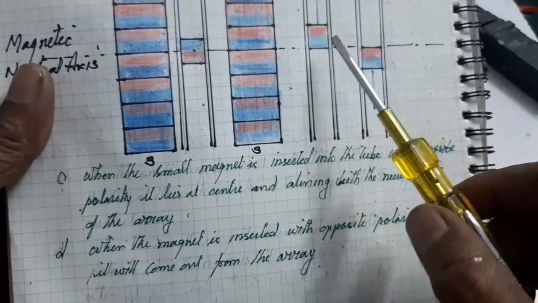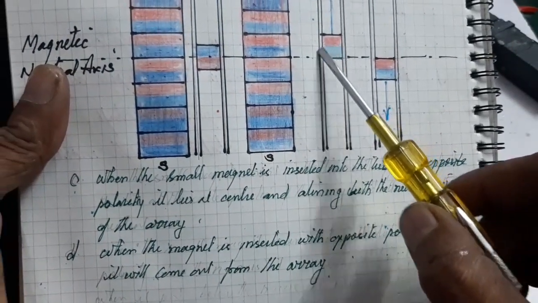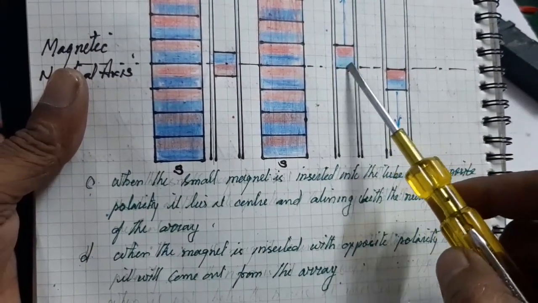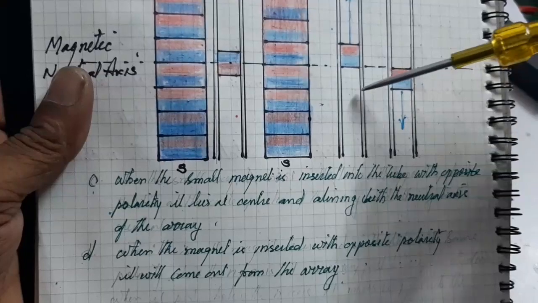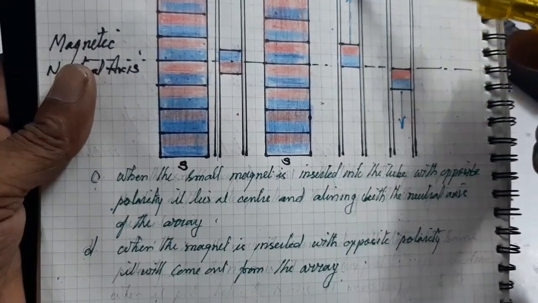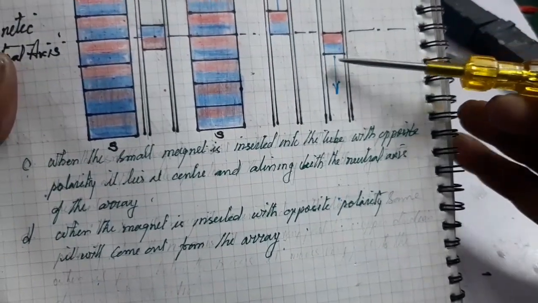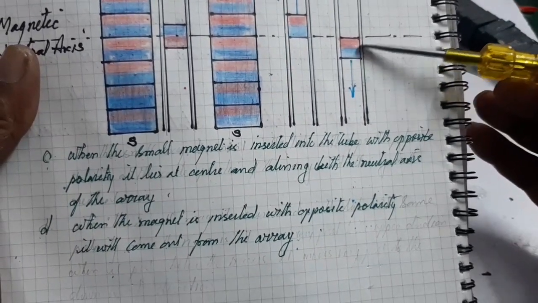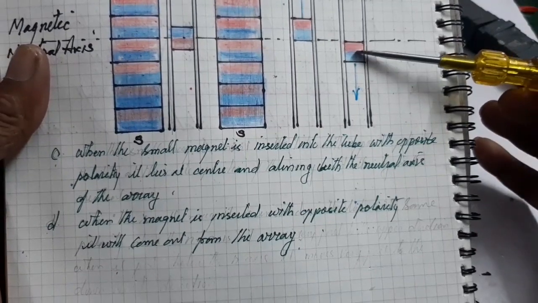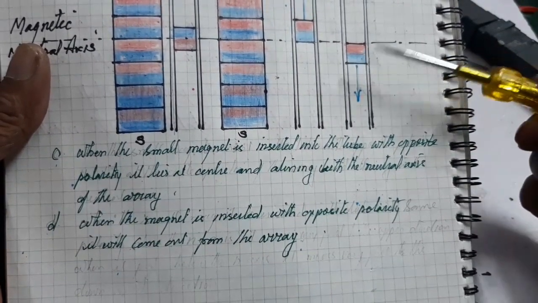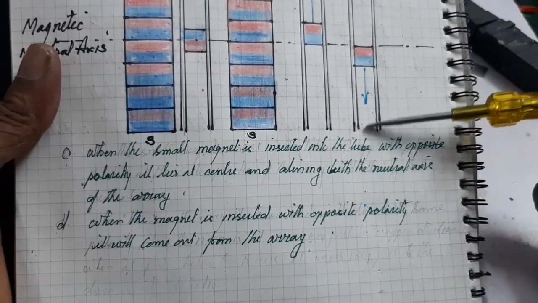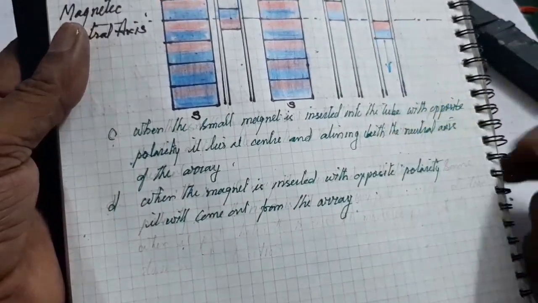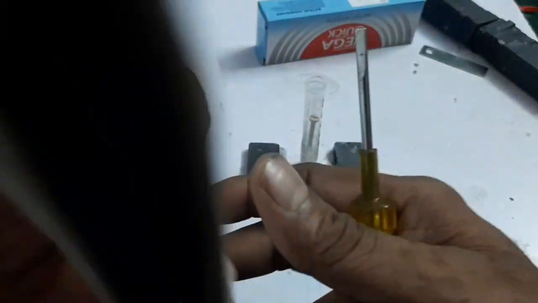When the magnet is inserted with the same polarity, here north and north, above the neutral axis, the magnet moves fast out of the tube. When the magnet is put below the neutral axis, the small magnet comes down very fast. It is due to the repulsive force. Okay, next I am going to explain.